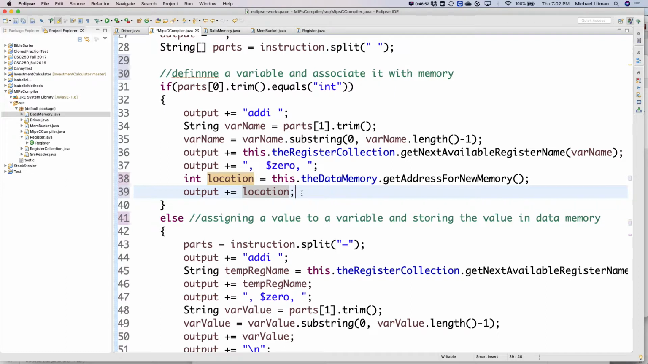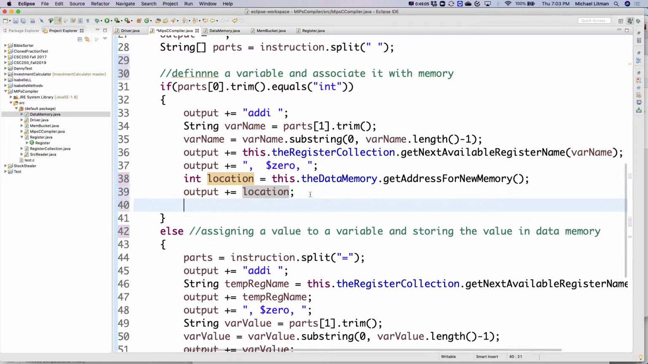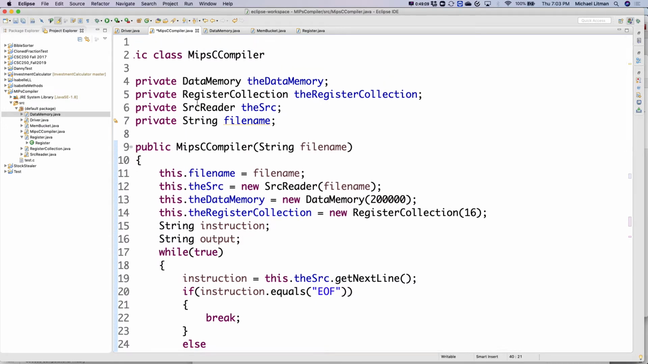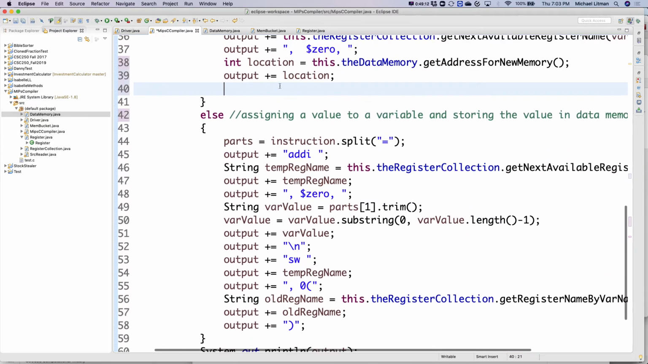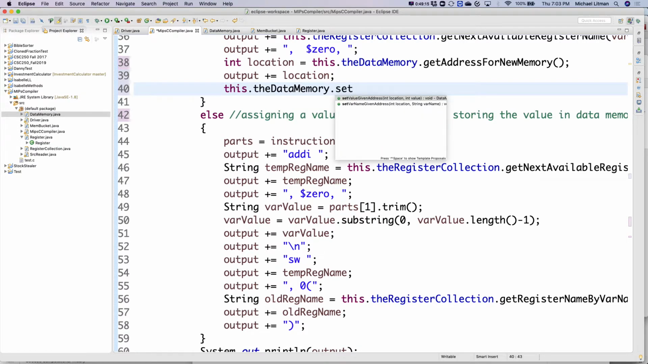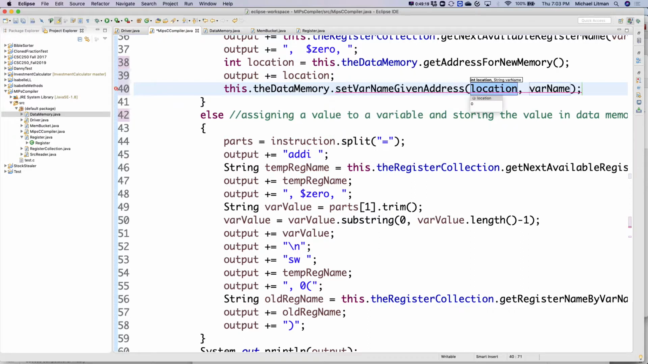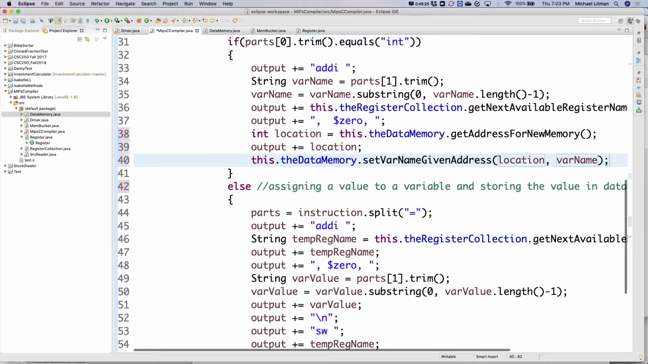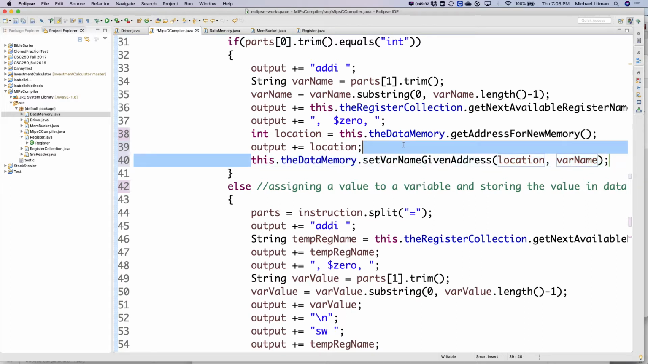But I need to do one last piece. My dying wish here is to make sure that data memory knows that this variable name is associated with that location. So I have the data memory, this dot data memory dot set var name given address. My location is called location. My var name is called var name. That makes sense? All right. So now I've updated my data memory with that location and that var name, which will be the result of